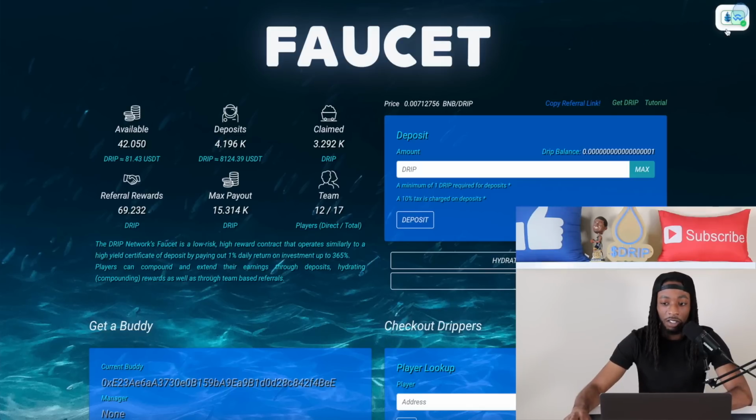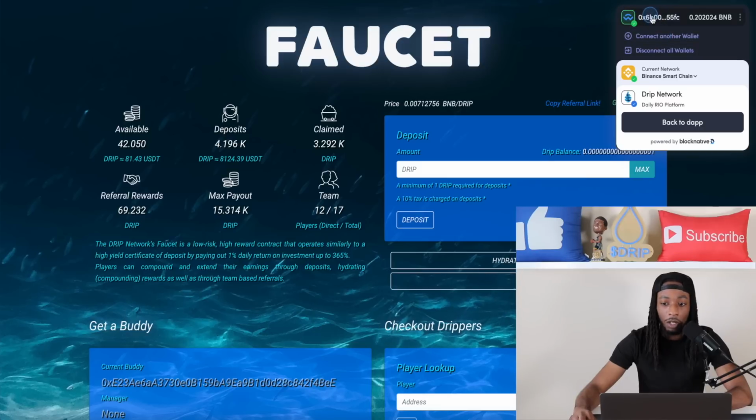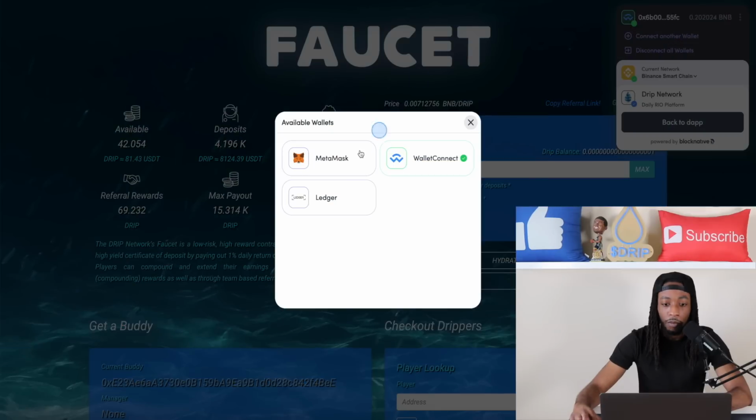So as you can see, this looks different from how it used to look. So if I click on this, you can see I have my Wallet Connect connected here, because I use Trust Wallet and I use MetaMask as well. So real quick, let me show you. You can see now I have Wallet Connect. You can connect your MetaMask. You can also connect your Ledger. I have my Ledger connected through MetaMask. So if I click here,